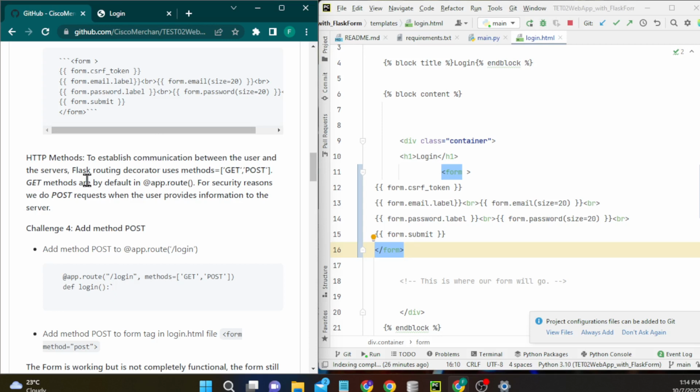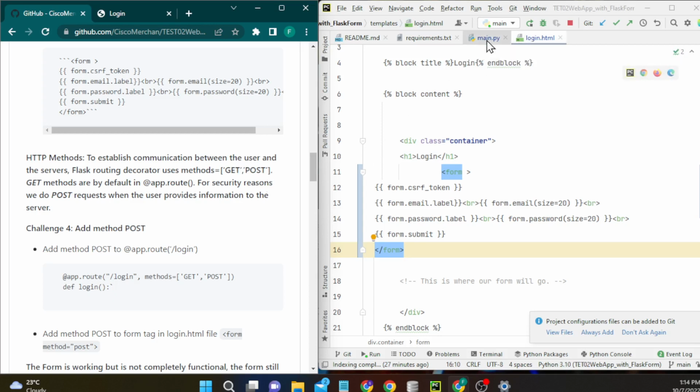Get is the default in our decorator app route. For security reasons, we do a post request when the user provides information to the server. So in this case, what we are going to do is use the get method to render the form to the user and